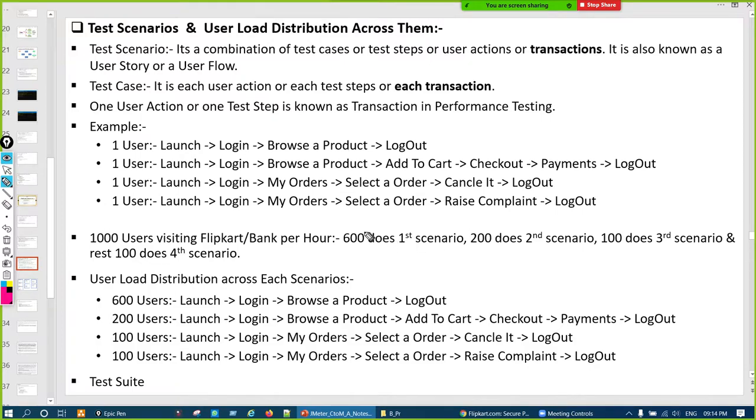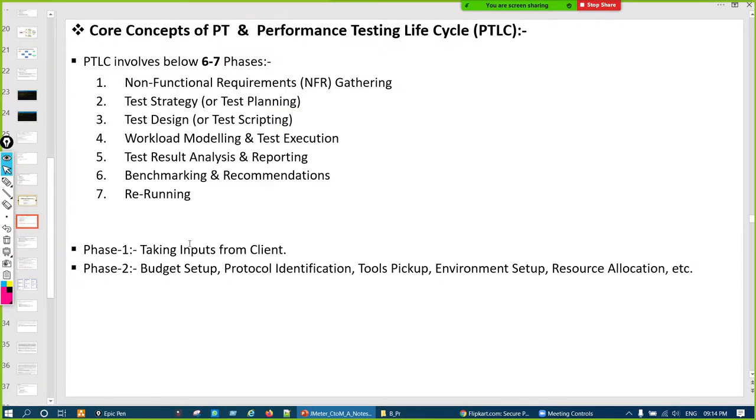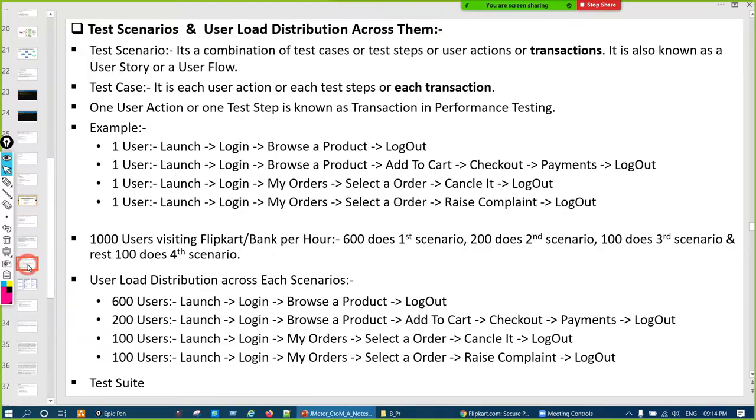And then we go for load testing, in which we distribute the load across each scenario separately or as given by the business. That is phase 4, workload modeling and test execution. Suppose these are the four scenarios we scripted, and there are 1000 users visiting Flipkart or any bank per hour.